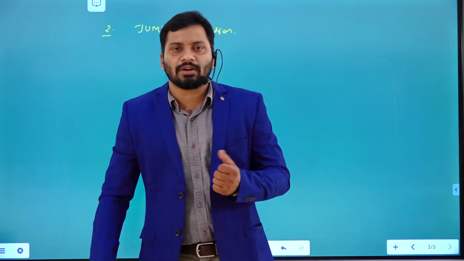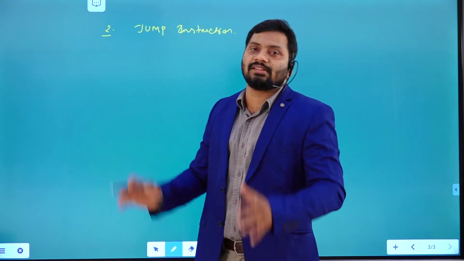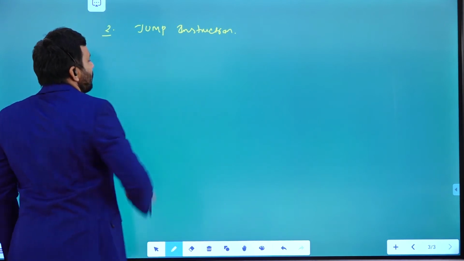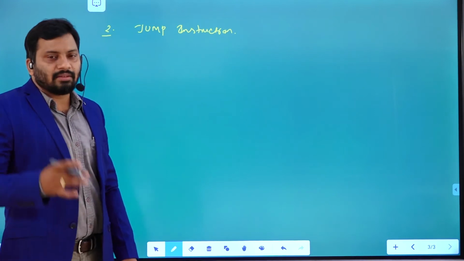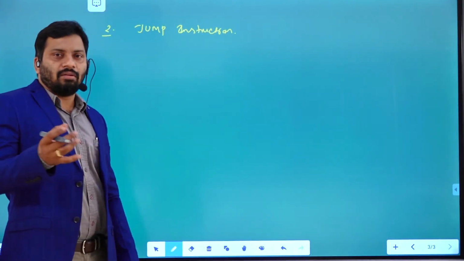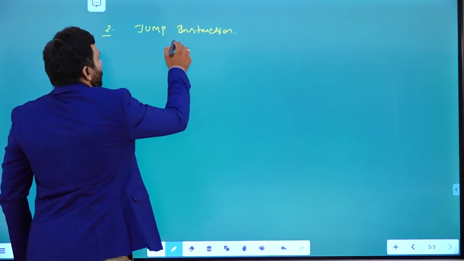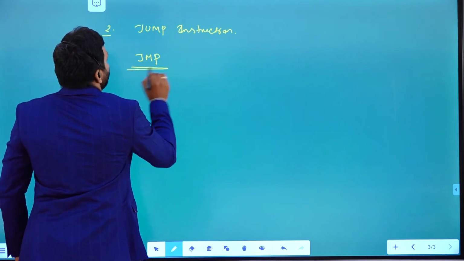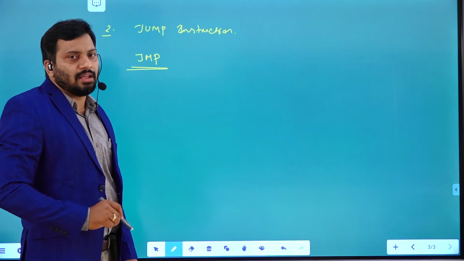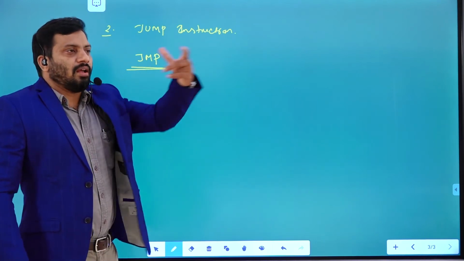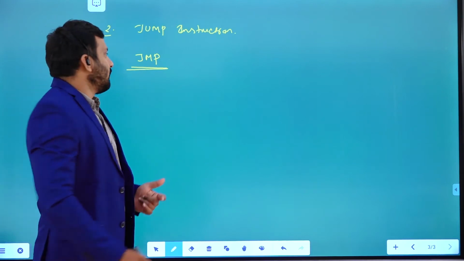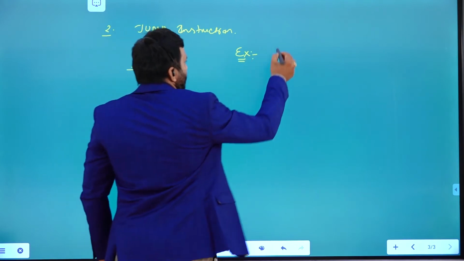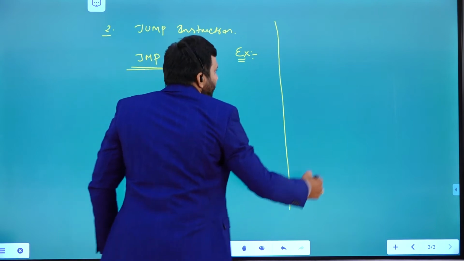Now we'll see how this jump instruction is going to work in the case of PLC ladder logic. First, we are going to discuss the one without feedback, and how it is going to work. The without-feedback instruction is JMP. Jump is the label in PLC ladder logic used to jump to another location. We'll see this with an example program like this.